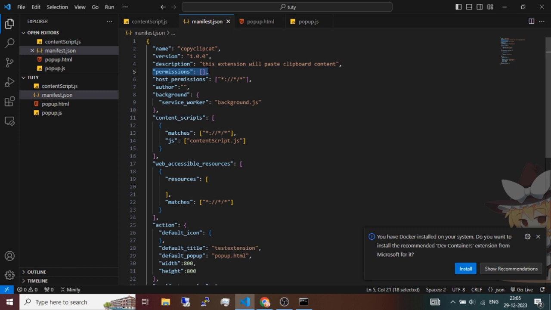This is how your extension which blocks ads on different websites works. So here we got the host permissions. Here you need to define the URL for the website for which your extension is going to work. So here I just gave a generic URL pattern. It will work for all website URLs. Author, you can provide your name or maybe your alias name. Background, so this background.js file will remain running in the background, and it will monitor if